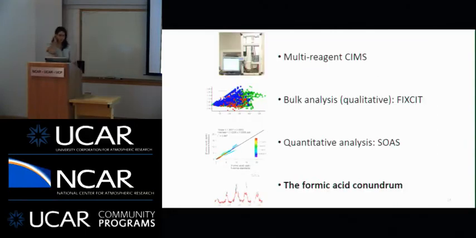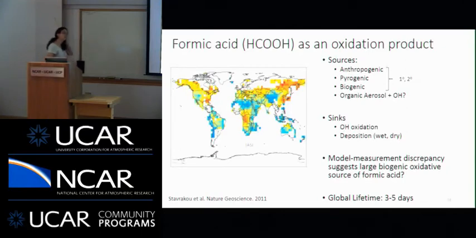Okay, so in the last few minutes, what I'm going to do is show you very briefly some data about formic acid. Because this is quite interesting. So this is the one time series we have really well calibrated and quantified from SOAS. And I'm not going to go through all of this in detail, but formic acid is an oxidation product. It's an endpoint oxidation product. It's only got 1 carbon in it. So after you oxidize isoprene or a monoterpene a fair amount, you'll start producing some formic acid. There are anthropogenic sources and biomass burning sources. The sinks of it are OH oxidation and then wet and dry deposition.